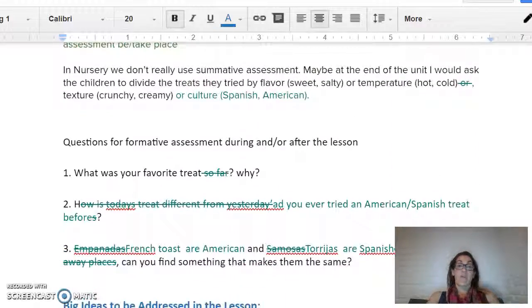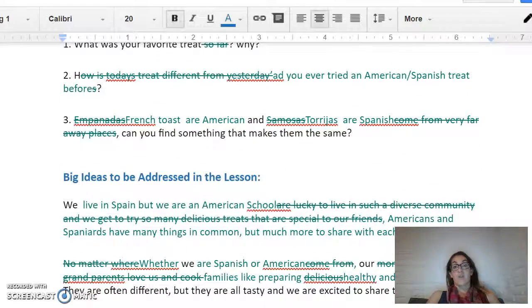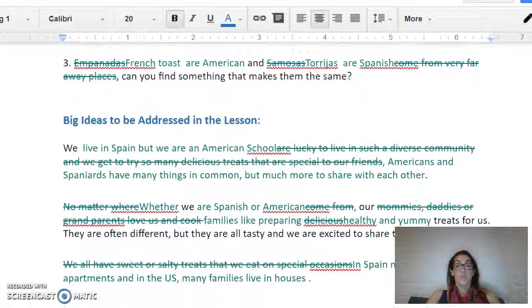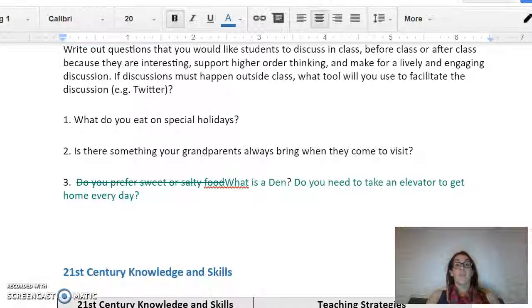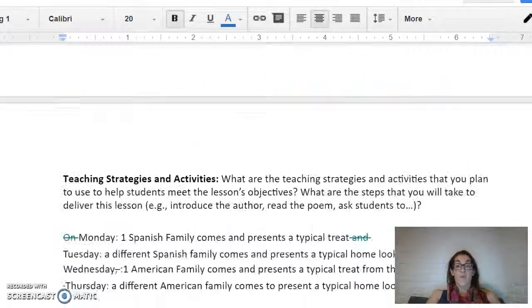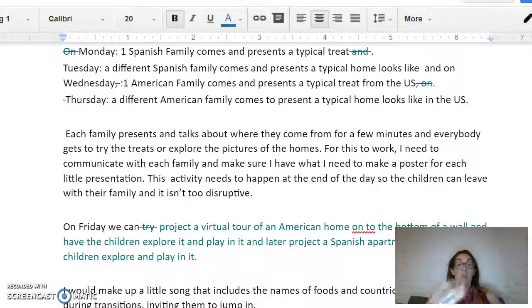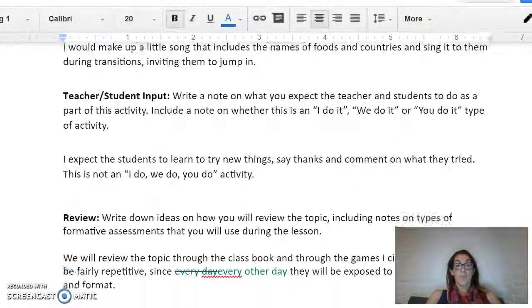So instead of having 5 families, I had only 4 families, and instead of talking about a million different things, each family just came with one specific topic. One American family talked about snacks, one American family talked about families, one Spanish family talked about snacks, and one Spanish family talked about homes. And thanks to that small tweak, I was able to adapt the whole program, the whole planning, to something that's